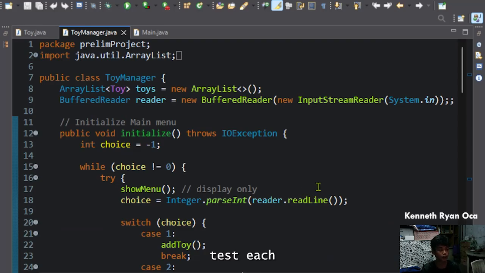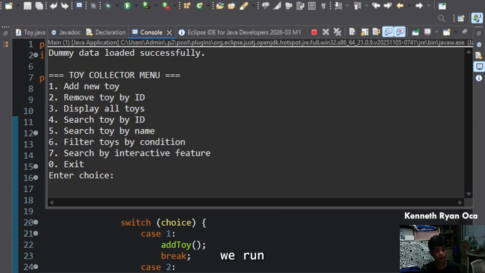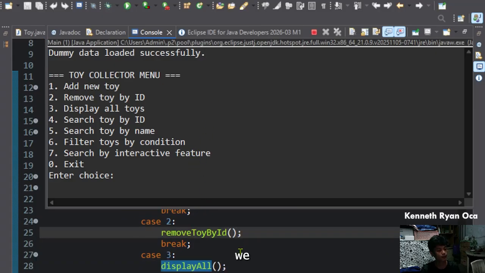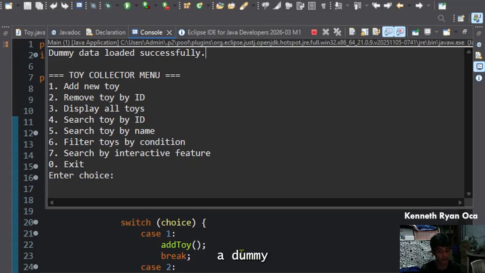I'm going to test each function here and explain thoroughly what will happen. When we run our program here, as you can see, the dummy data loaded successfully. That is because I have initialized dummy data for early displaying, so I can show you the actual tabular form of our project.